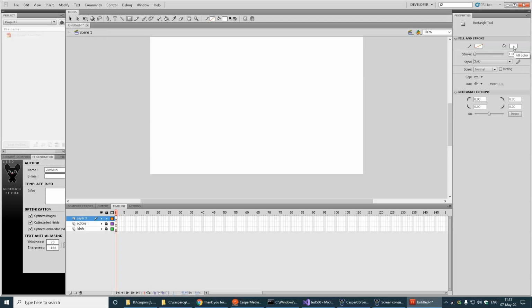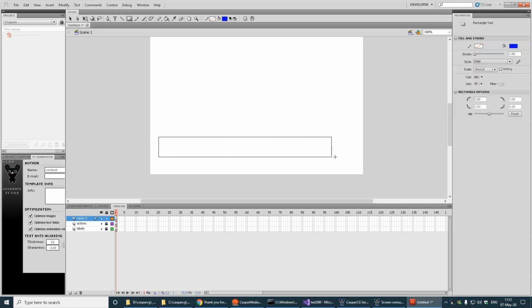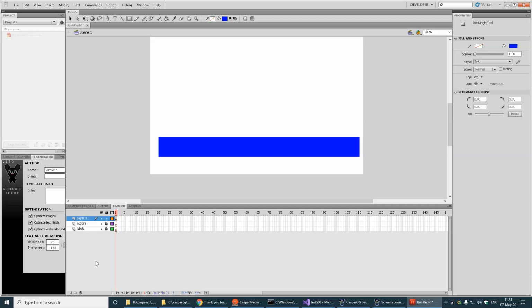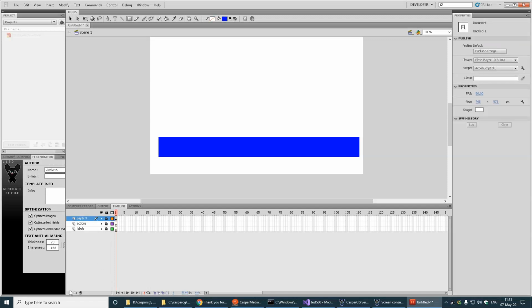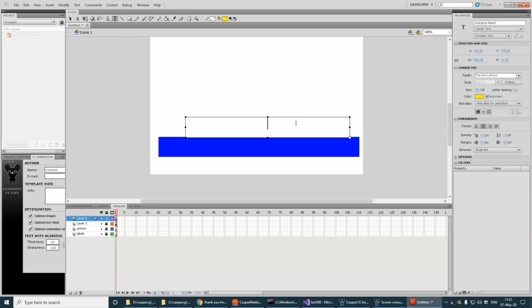change its color so that it is visible. Let us make a blue color strip. Now lock this layer, new layer. I will take a text, change this color to yellow,